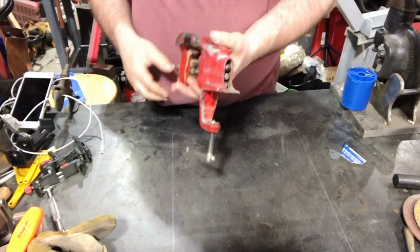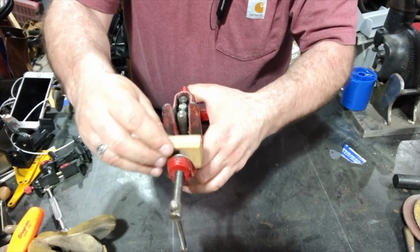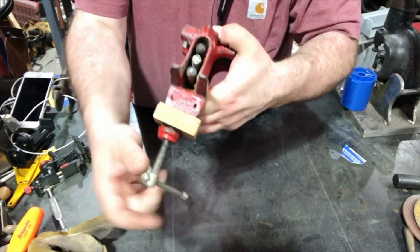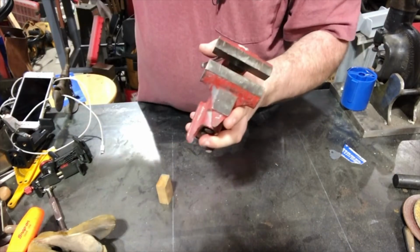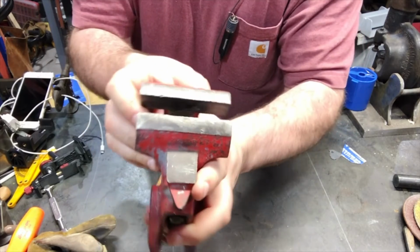It came with, where is it? Somebody put a little wooden block on here just to make it so it stays. So it was originally like this, and when you wound it, the block stayed there. It's like it's actually been used. Let's see if this light works any better. It's got some abuse to it. Hammer marks. The jaws are in,